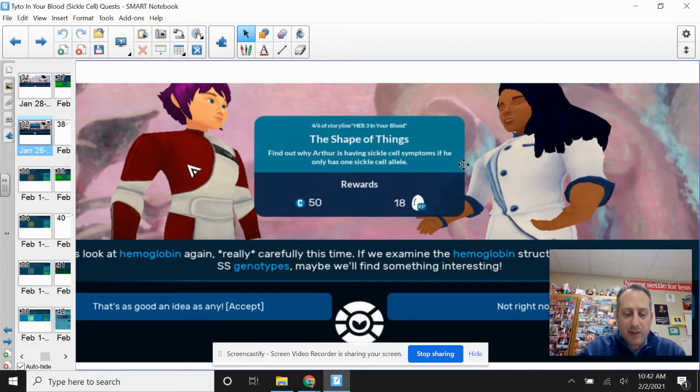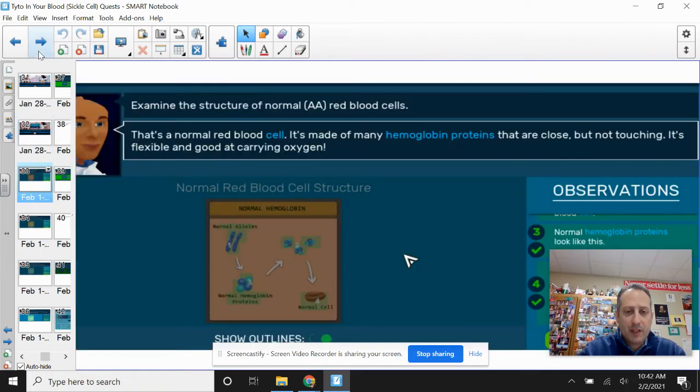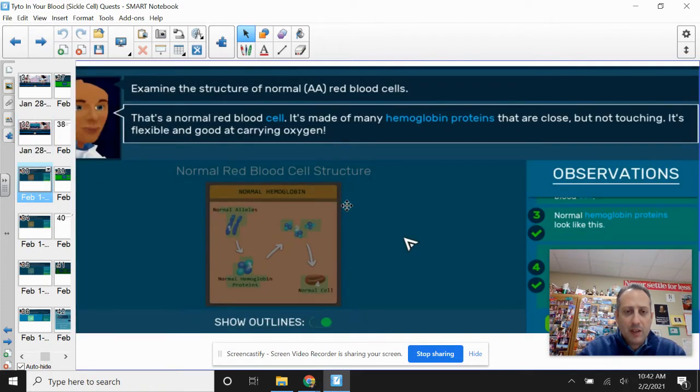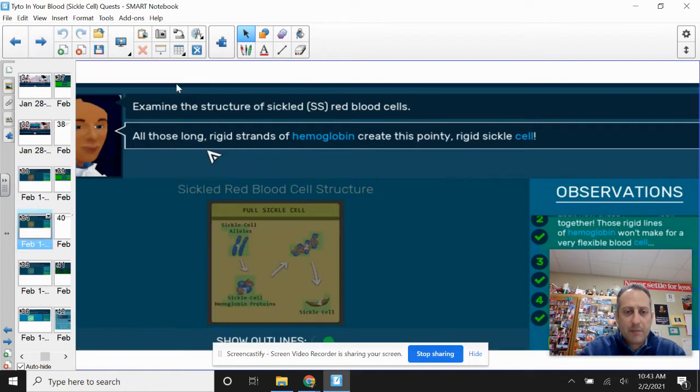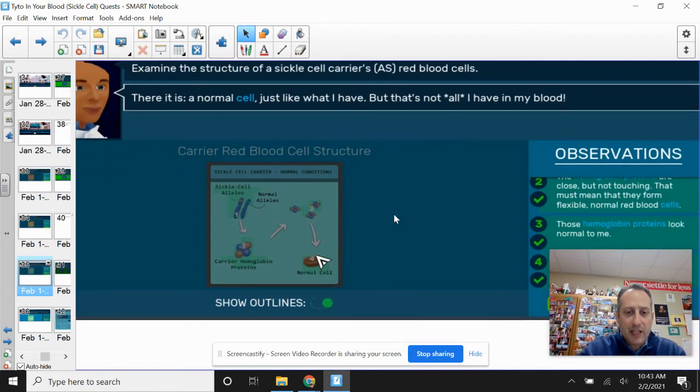So now we've got to look at the hemoglobin again. All right, let's look at it for AA, AS, and SS genotypes. Maybe we'll find something interesting. So we look at them. Normal hemoglobin proteins are close but not touching. It's flexible. Good, that's what it looks like. The sickled one makes this pointy, rigid sickle cell. It's bad. And if you're a carrier,